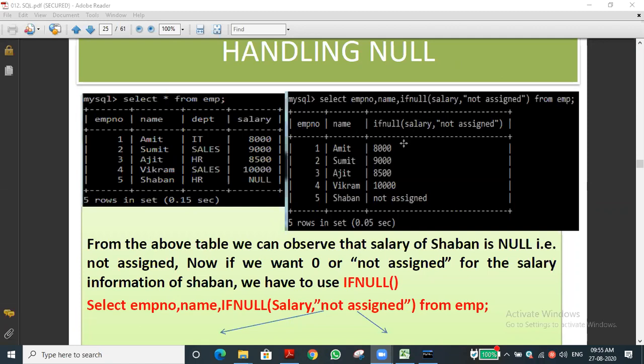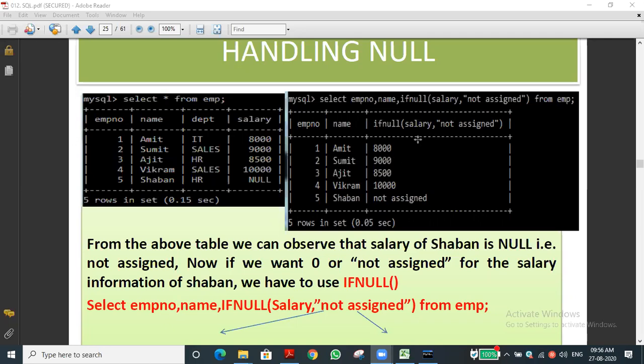Have you understood this one? Rest of students, have you all understood now? Handling null data: it is already there in the table, but I don't like to display the value null. Instead you can display some other value, there is no restriction. Actually salary is an integer, no? Even so, we can assign text like 'not assigned'. He is newly joined, salary is not fixed. Likewise, whatever message we want to display, we can give in the else part.